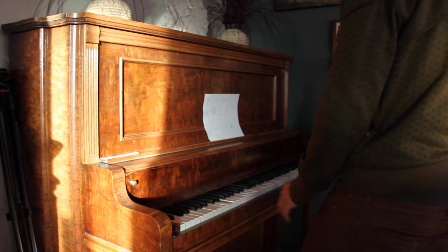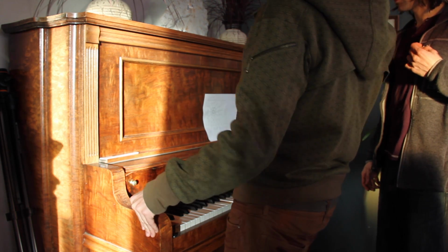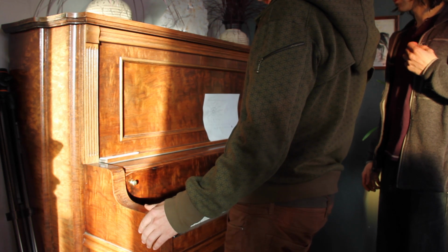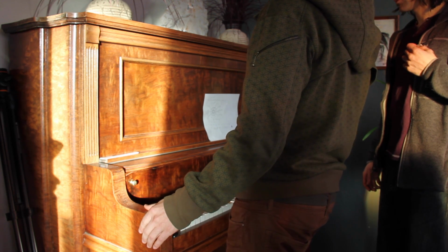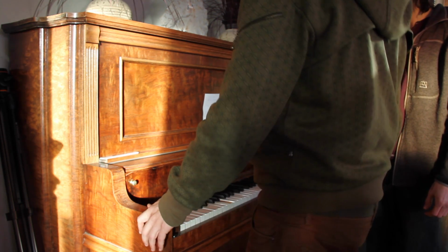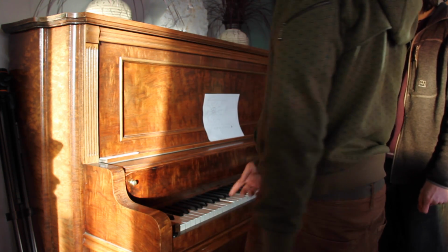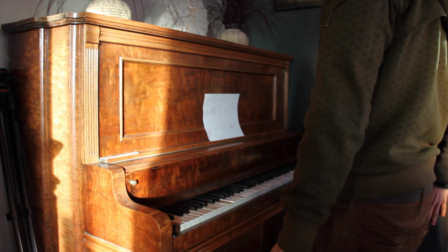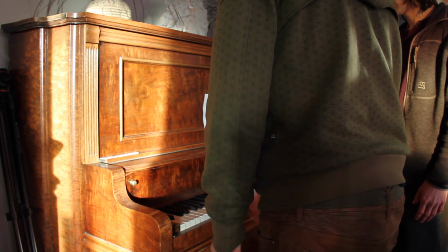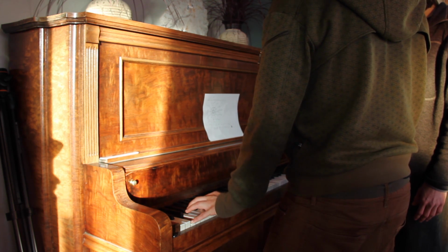I'll play you a chromatic scale real quick, and you can tell me, just in linear form, going through it in regular progression, how harmonious it sounds to you, starting in C. So it is harmony. It sounds a little dissonant, but it is harmony. And so, doing the same octave and the same 12 steps, simply rearranging which ones we're hitting first, we'll move in perfect harmony. So I'll start with C, G,